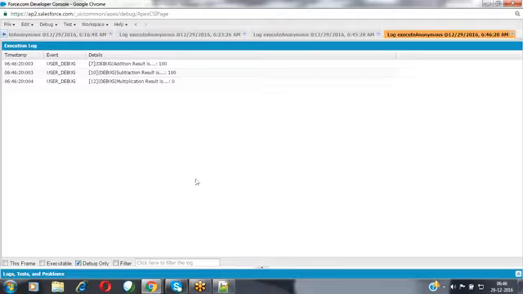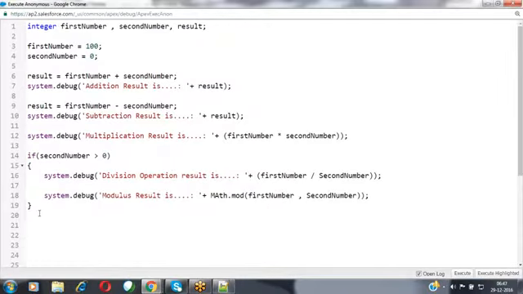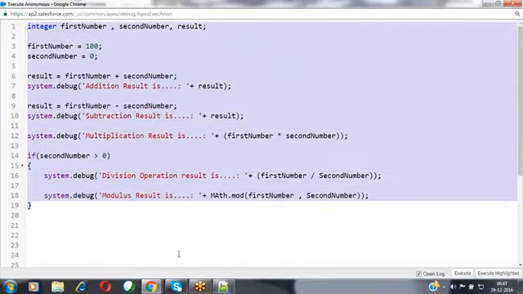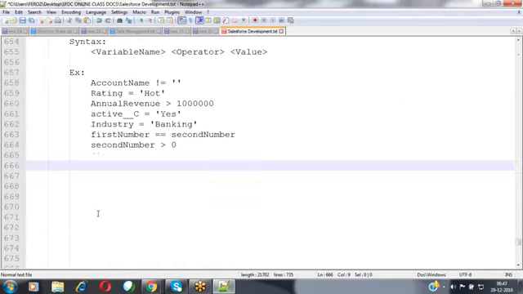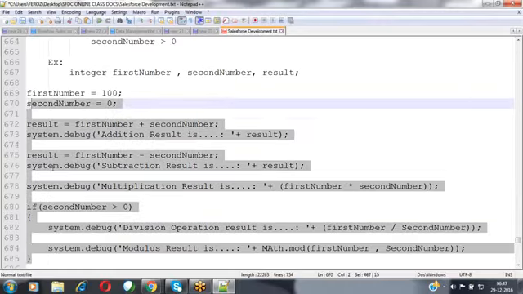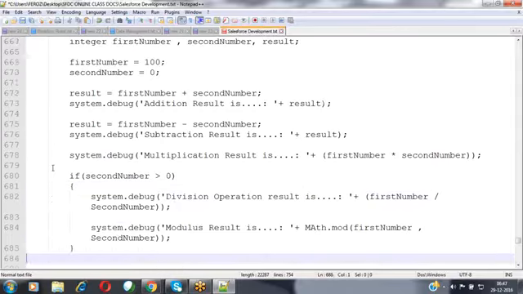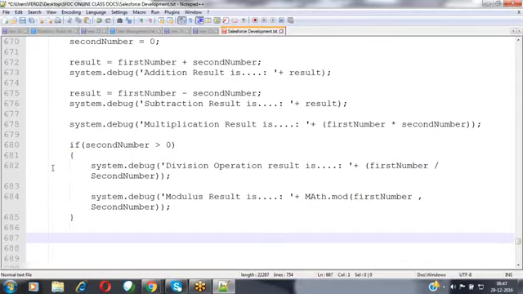So this is a way we can write conditional statements in order to ignore the execution of those statements. Okay. Now this is the information of the simple if condition. Clear up to now? Yes, yes. Okay.